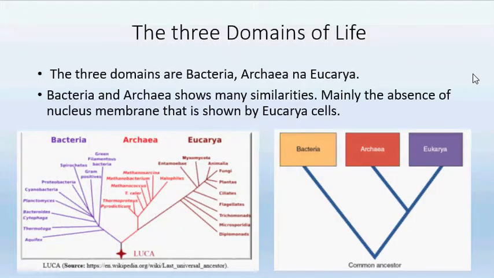Okay, there are three domains of life: the bacteria, Archaea, and Eukarya. The bacteria and Archaea show many similarities, mainly the absence of the nuclear membrane that is shown by Eukarya cells. Nevertheless, here we have the classical model, which shows that Archaea is more closely related to Eukarya than it is to bacteria. Here is the common ancestor, and